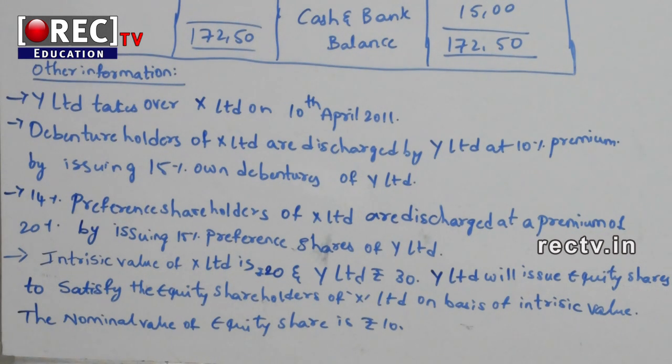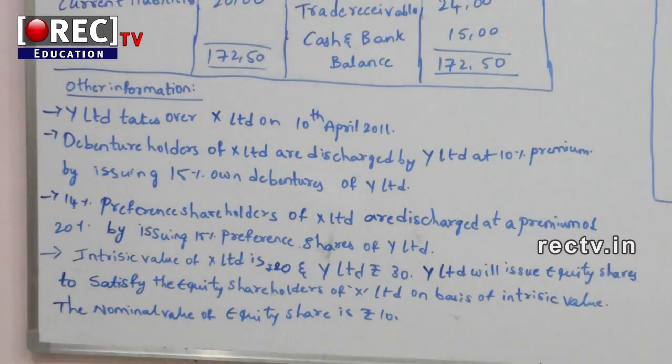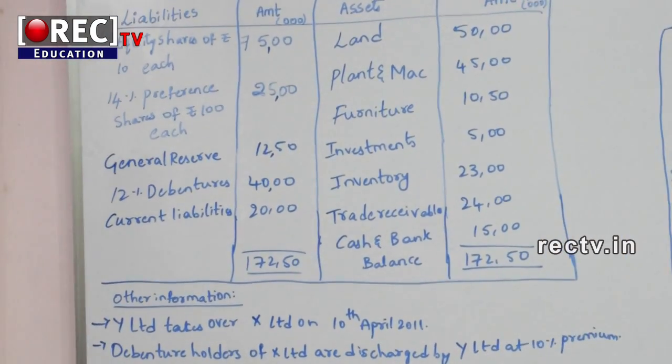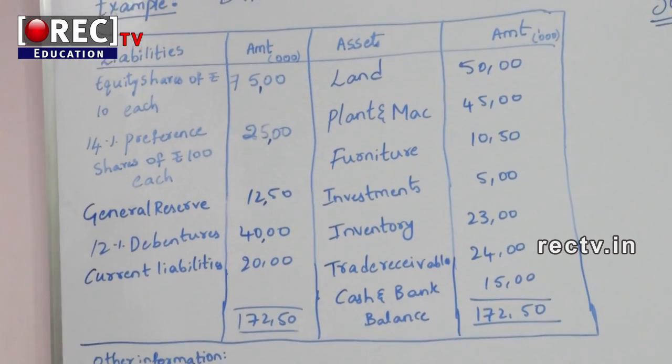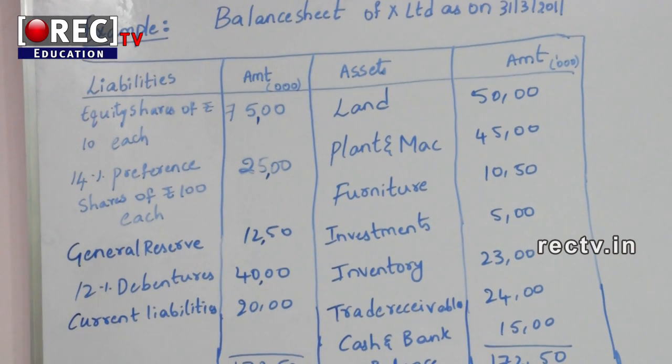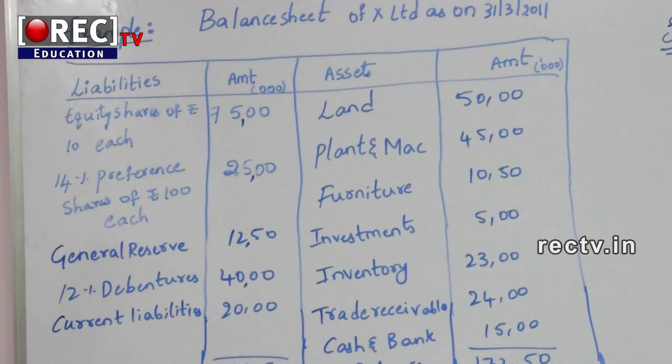So after looking at this question very clearly, now we can frame which method to consider to compute the purchase consideration. Now we can say very clearly that the purchase consideration is to be calculated on the basis of the net payment method. Why I am saying net payment method is,